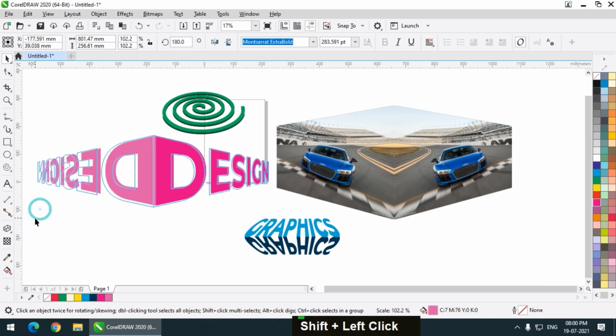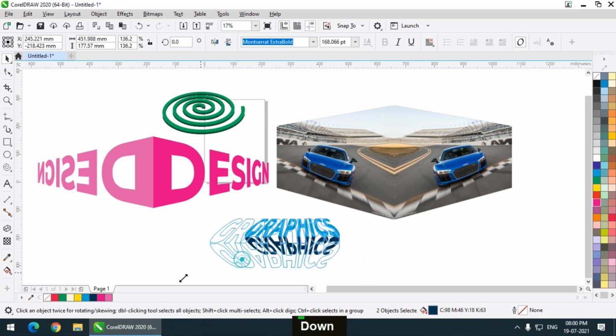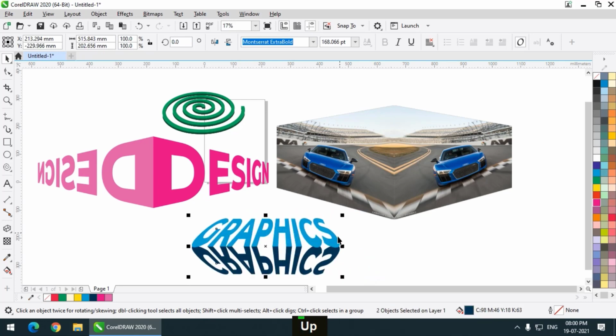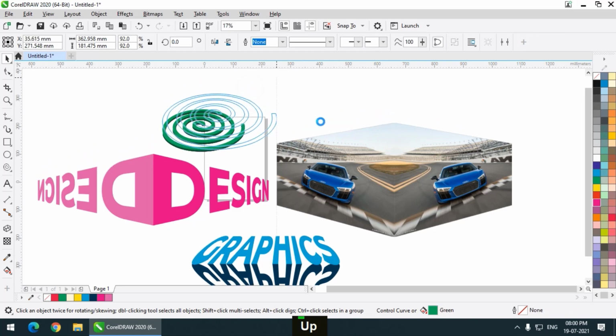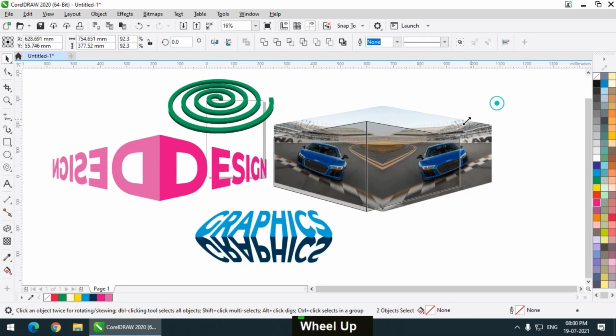So I suggest that you try this option and practice it and apply it on your designs to make your designs a bit more interesting, attractive, appealing.